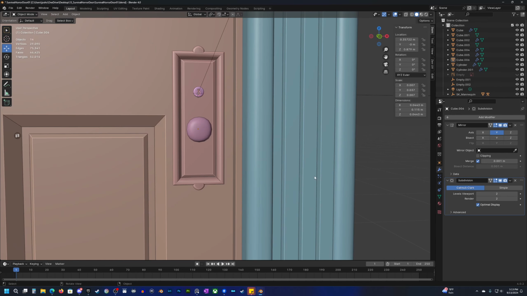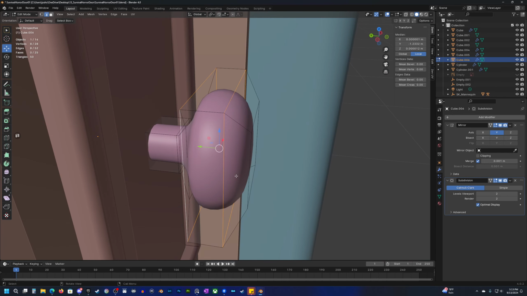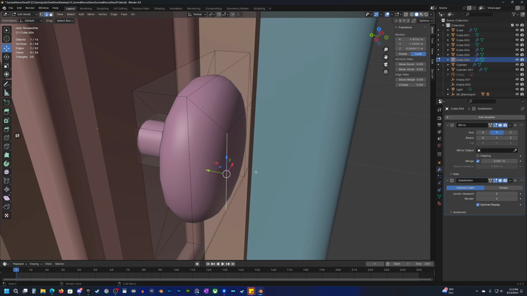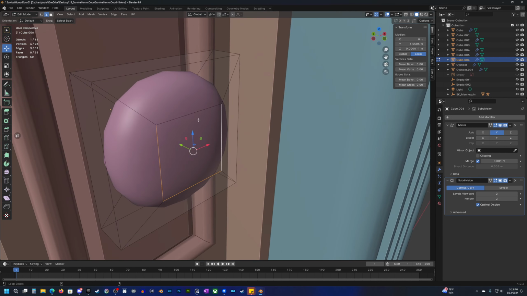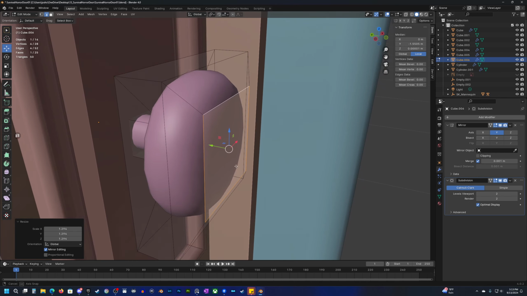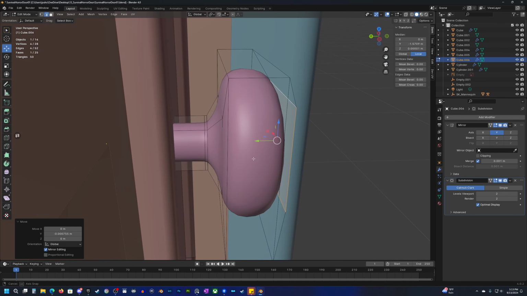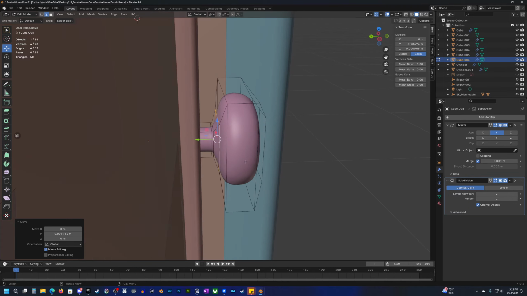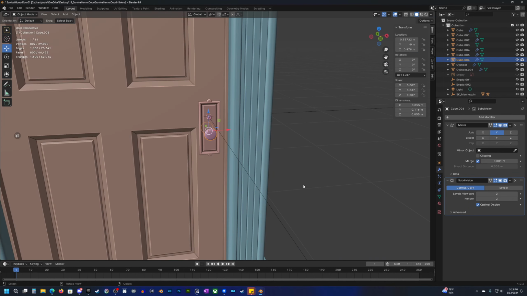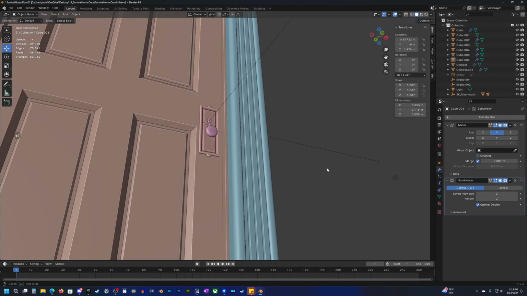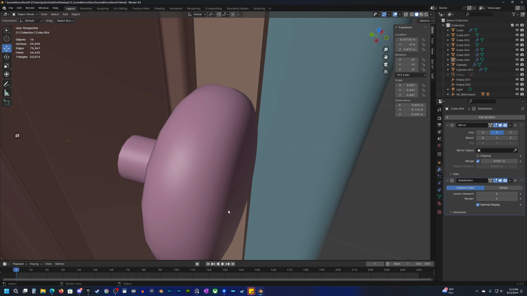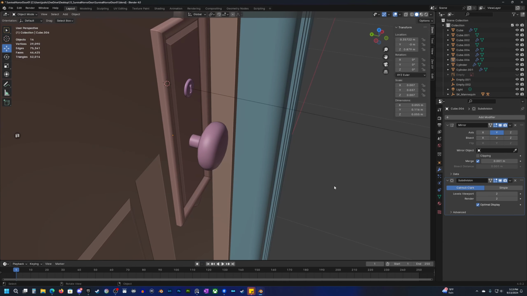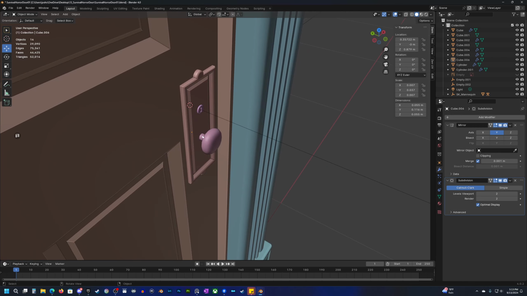And that looks pretty good. Actually, I think it does need to be a little bigger. All right. Now, I don't know if we need to really add this much detail, but I'm going to